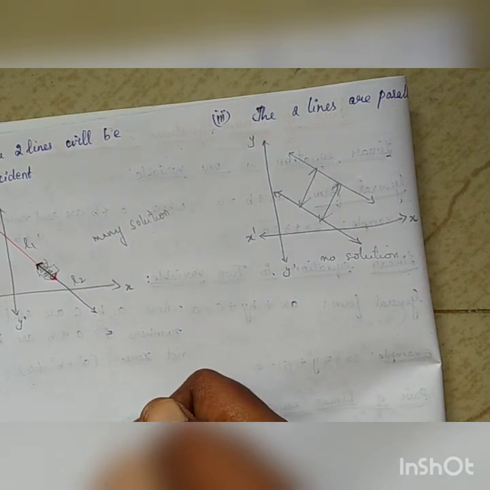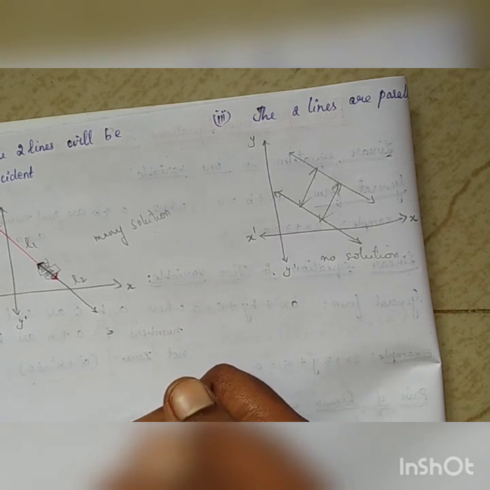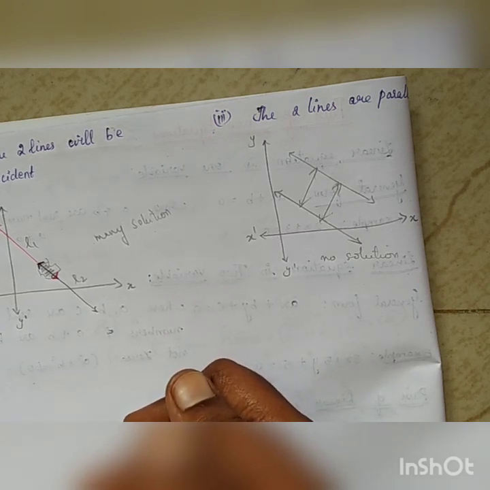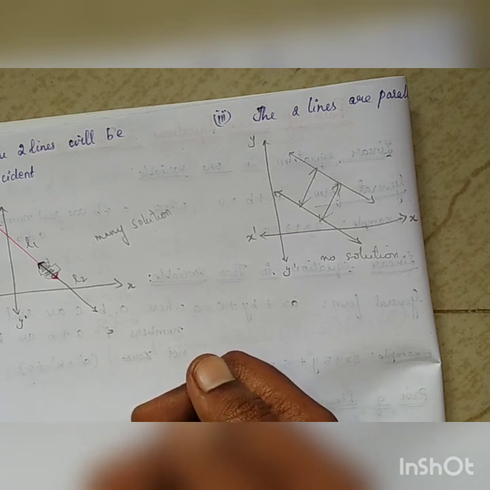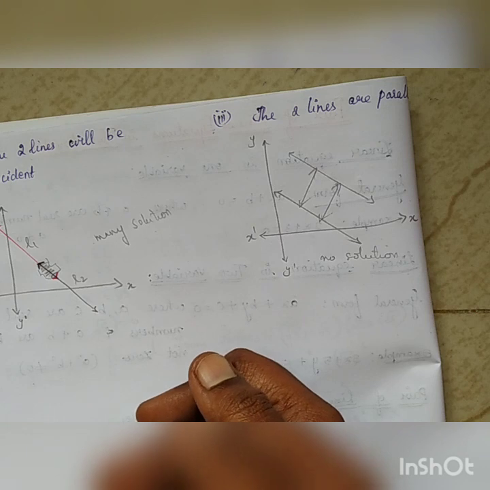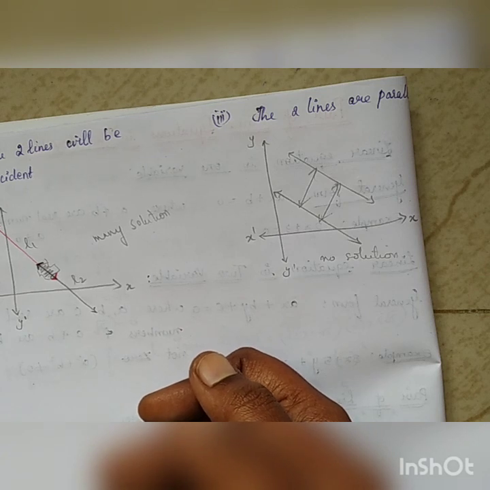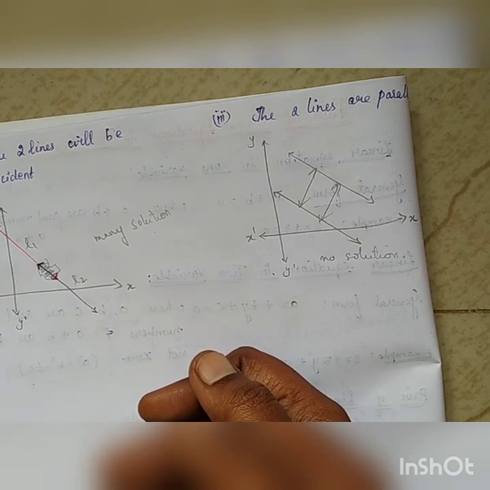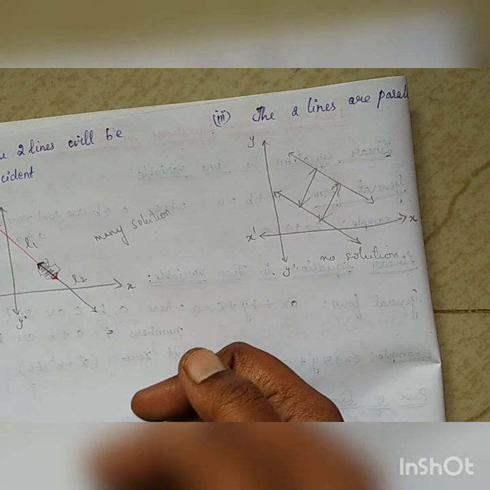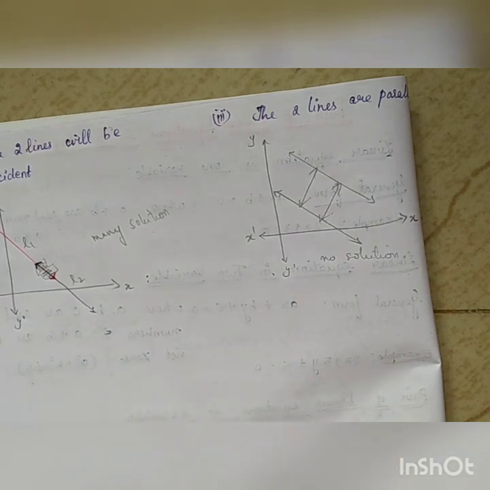So, for finding the solution for a pair of linear equations in two variables and representing it by the graphical method, we have three types of solution. First is only one solution, second is many solutions, and the third is no solution. One solution means intersecting at one point. Many solutions means intersecting at many points. No solution means not intersecting at any point. Now these are the types of solution we have for a pair of linear equations.